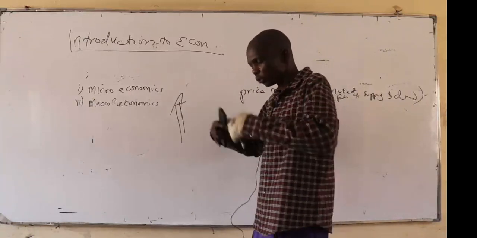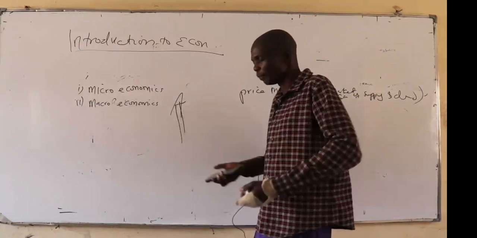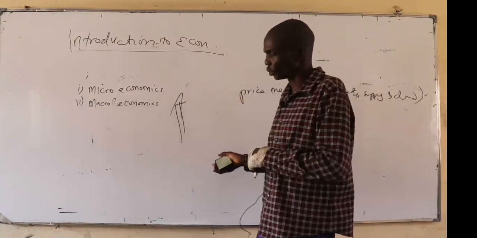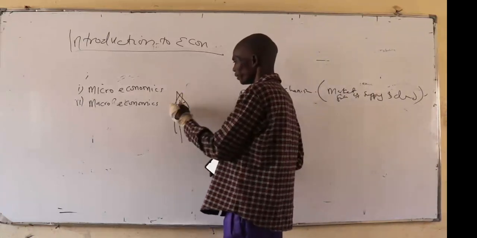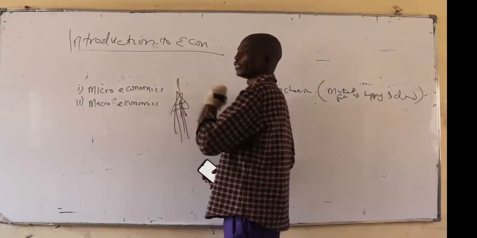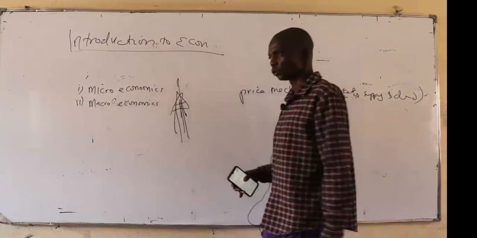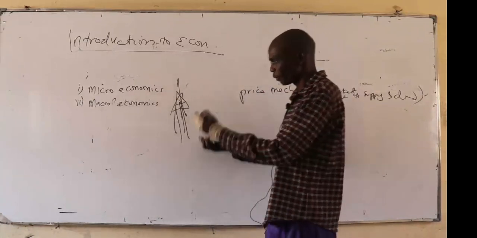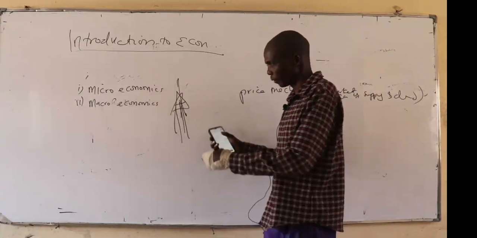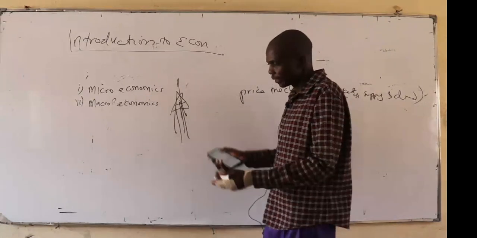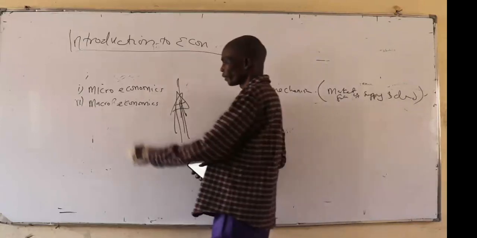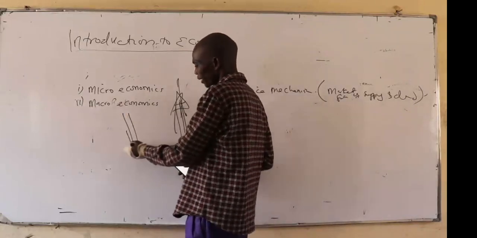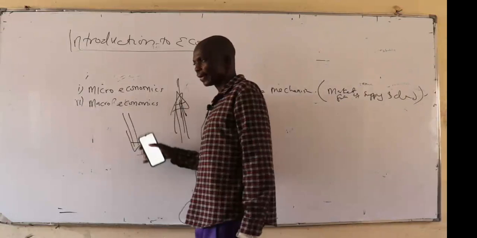So the producers will switch their resources to producing this product whose price is rising, because the rise in price is an indication that there's a demand for it. So they are going to produce that product. They have decided this is the product they are going to produce, and they will be able to channel their resources towards that production. Alternatively, if the price of a product is decreasing, it is again a signal to the producers